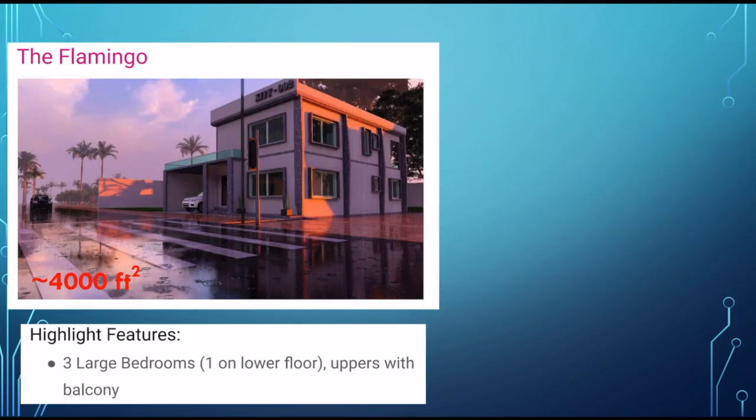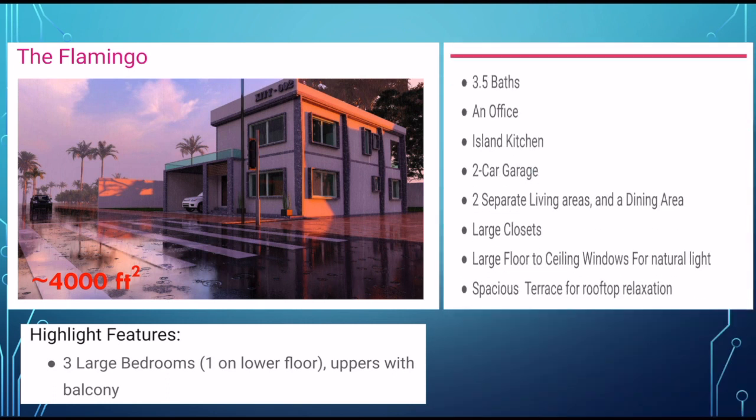The next design we offer is the Flamingo. The Flamingo is a building that sits majestically in the sunshine, and it is also as massive as a home that gives you the opportunity to enjoy about 4,000 square foot of living space. It boasts 3 large bedrooms as well, and one of these bedrooms is on the lower floor for people who will have, for instance, elderly parents who cannot climb the stairs, or who themselves maybe later may not be able to have a bedroom upstairs. So we have a very large bedroom on the lower floor. And that's not all. We also have 3.5 baths. This building also has an office. It has a large island kitchen and other features.